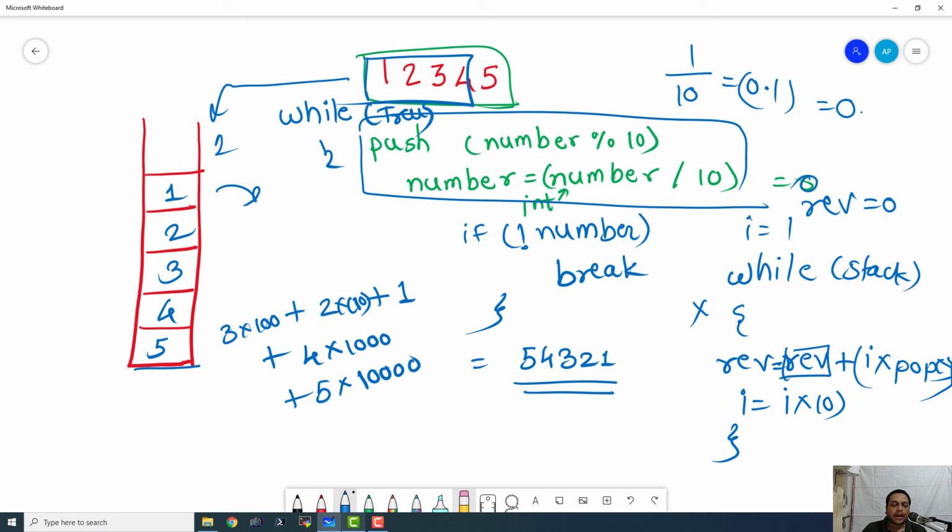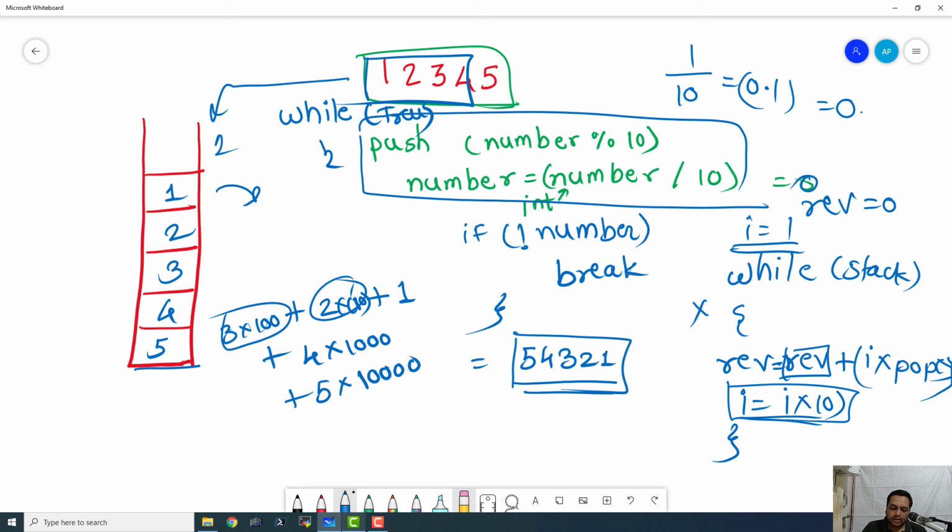So this is how we can reverse the digits in a decimal number, because we have to compute the positional values of these numbers. That's why we are using this I, and we are multiplying it by 10, because this is a decimal number, right? So this is how we can reverse the digits of a decimal number.